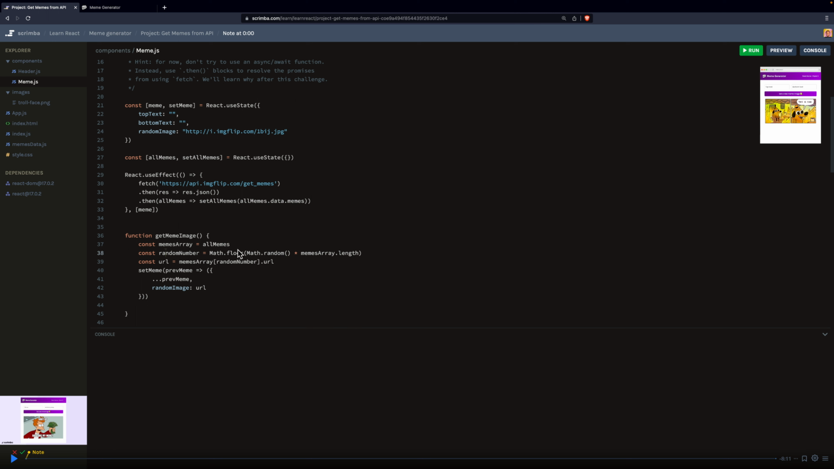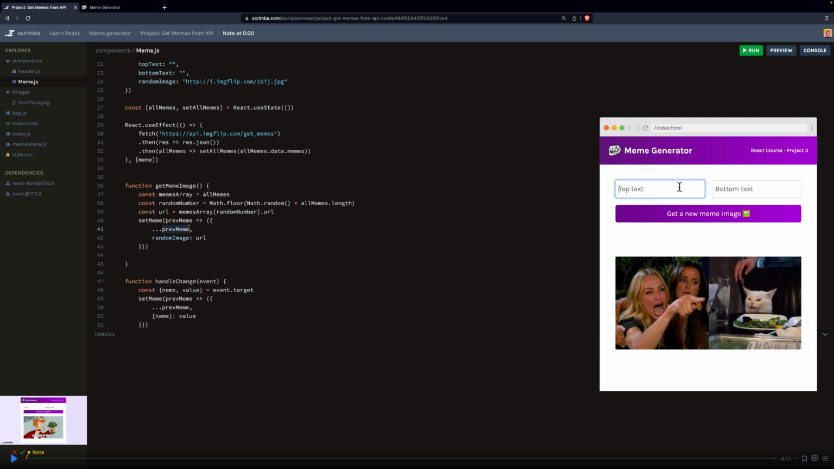And then for our random number, we can say all memes.length instead. And then we can get our URL by saying memes array and then grabbing a random number. So remember, that's how it's set up, and then just getting the URL. So that's good. And if we refresh, we get a new meme, and then we can say